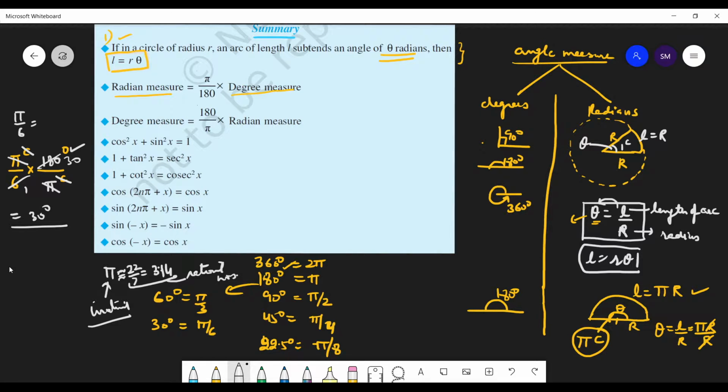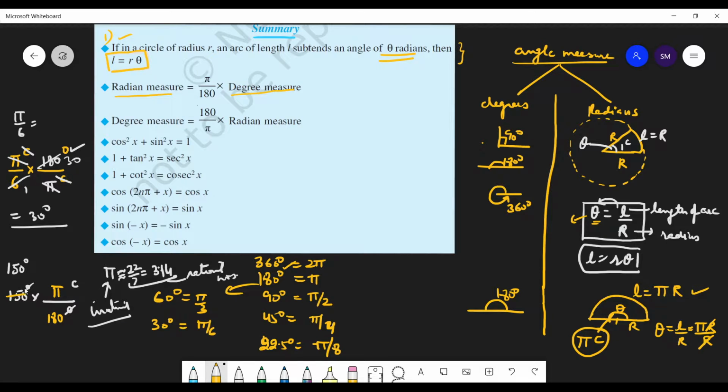Now suppose you want to change 150 degrees into radian. So what will you do, students? You want to remove degree. So degree will cancel out when degree is in the denominator, right? And what you want in the answer is radian. Is this clear? This concept? Now write the relation between the degrees and the radians. You know the relation. Pi radian equals 180 degrees.